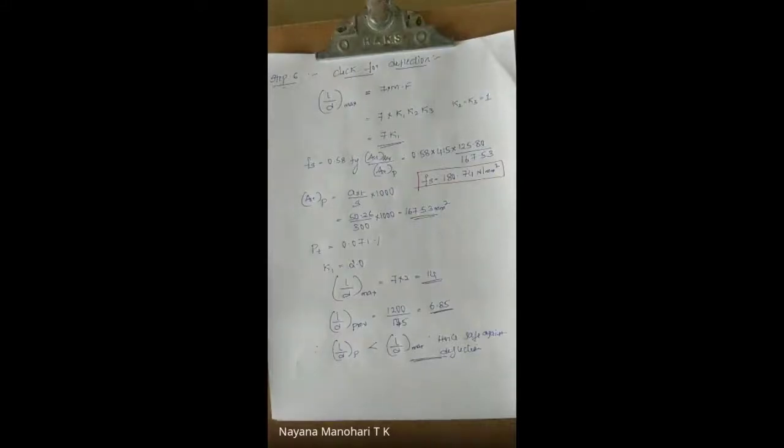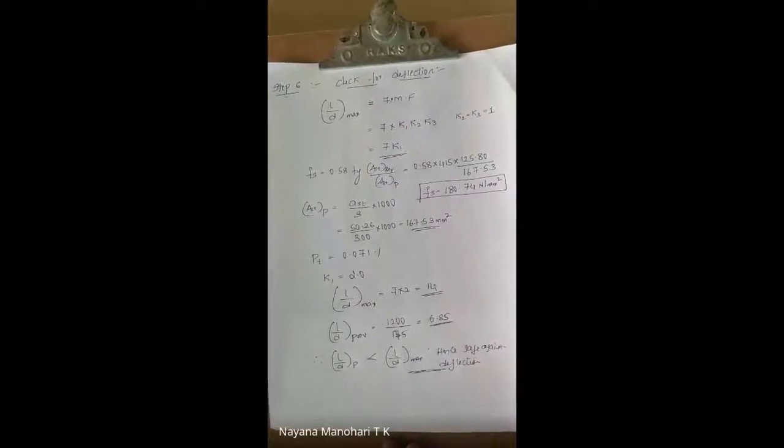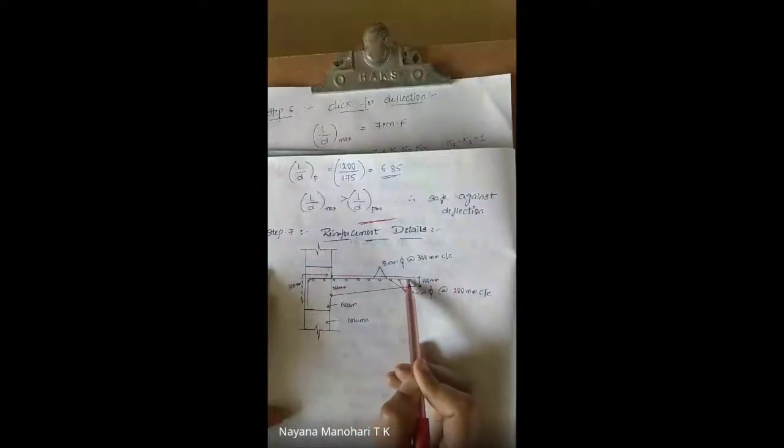Next, the last thing is the reinforcement details. Everything remains the same, nothing changed. The procedure is as such of the previous problem, that is the one-way continuous slab. Check for shear and check for deflection, everything is the same. Last is your reinforcement details. Observe in this figure. See here, the depth of the beam gets reduced to 100 mm. The reinforcement you are going to provide at the top, that is the main bar, main bar diameter is 8 mm, 300 mm center to center. And the distribution bar, 8 mm diameter, 200 mm center to center.